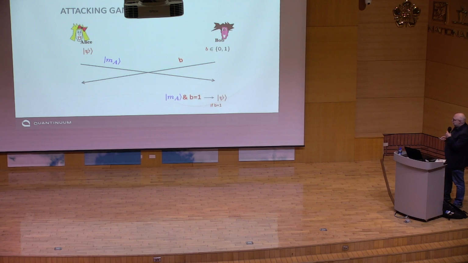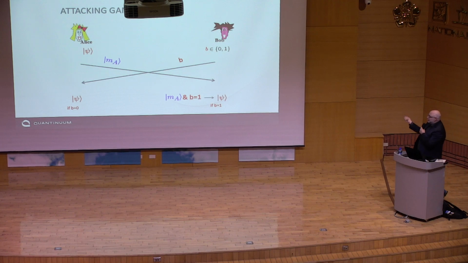And it actually feels almost like there is a cloning going on here, because if B is 1, from the message that Alice sent, Bob has to be able to recover psi, right? So if B equals 1, the message MA needs to contain psi. On the other hand, if B is 0, Alice has to be able to recover psi from whatever she has left at home upon receiving psi, right? So upon receiving psi, she made 2 messages, one that she sent on to Bob and one that she kept to herself. And whenever B is 0, she has to be able to recover psi from that message.